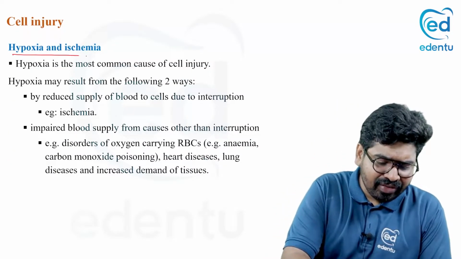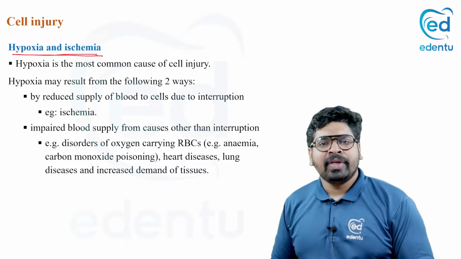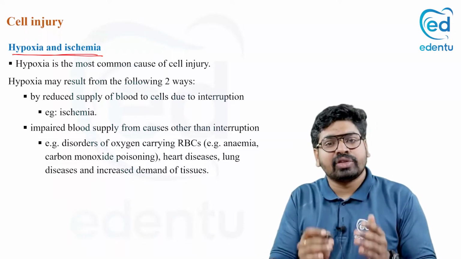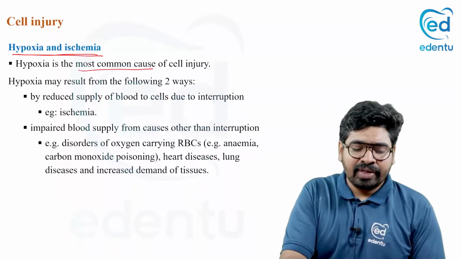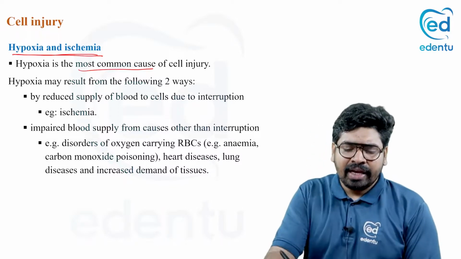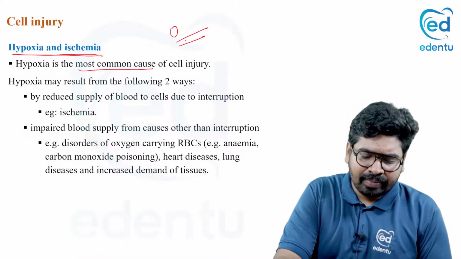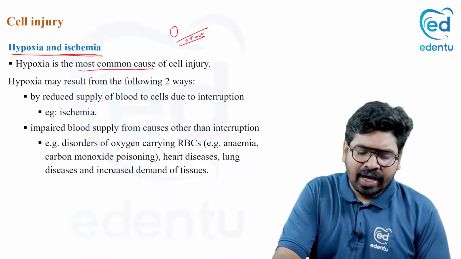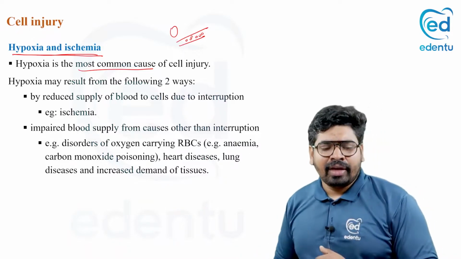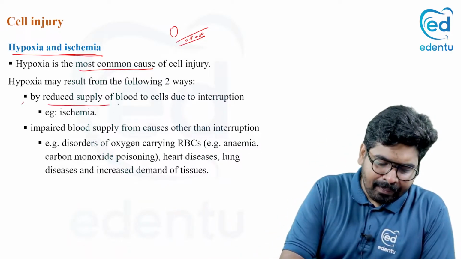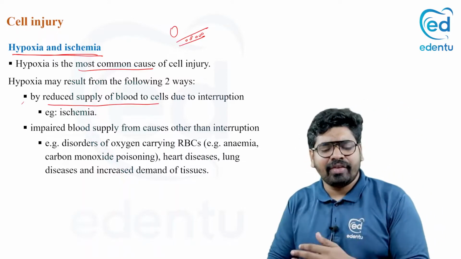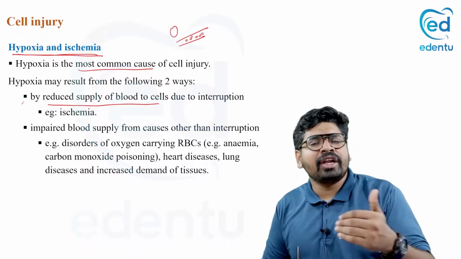Now coming to the first one, hypoxia and ischemia. I have told you, hypoxia and ischemia are the most common cause of cell injury. Now, how does hypoxia happen? Hypoxia means that to a cell we have blood supply, blood vessels here. The RBCs bring oxygen from the lung to the cell. Now if there is a reduced supply of this blood, if you have some blood blockade in your blood vessel due to